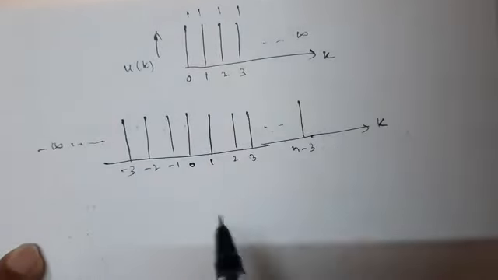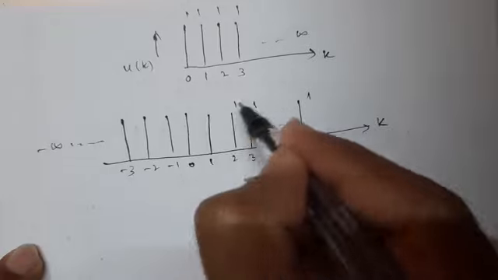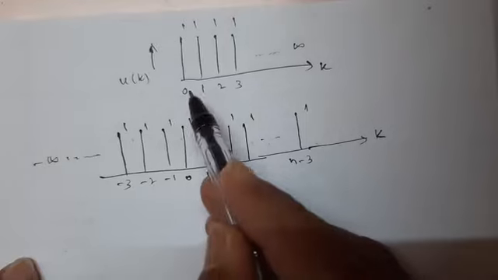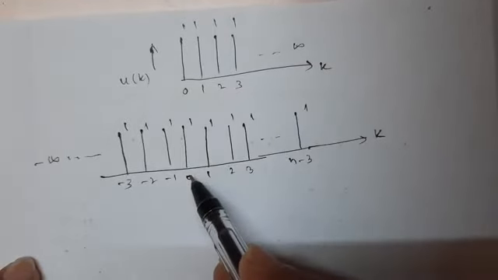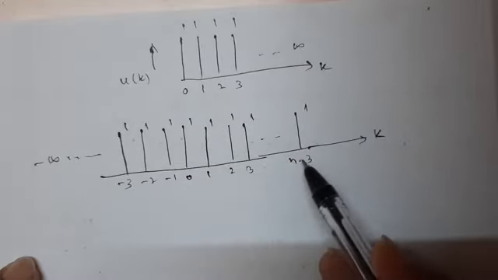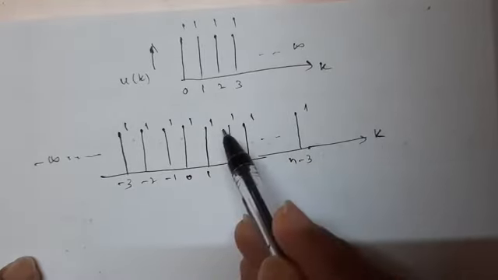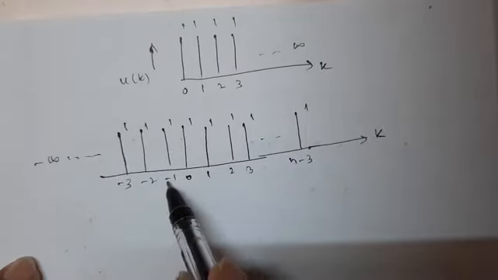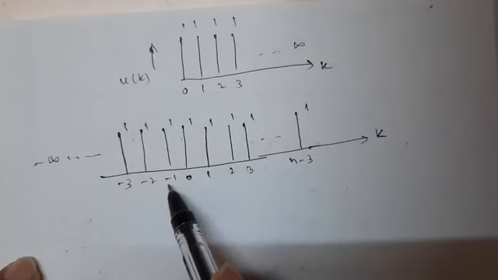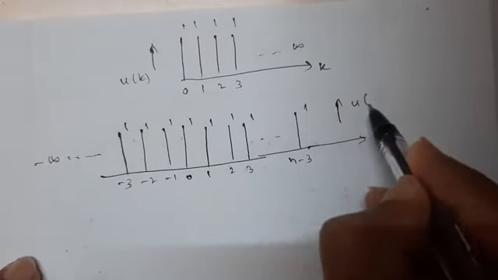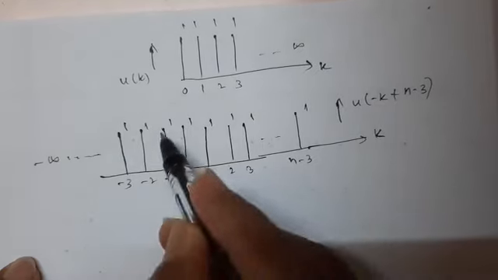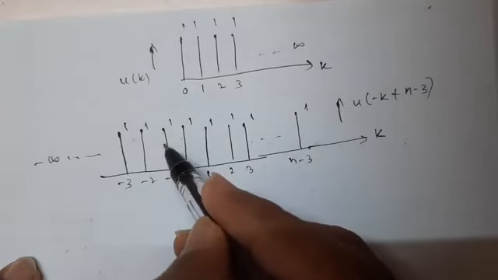Now if you try to multiply, whose amplitude is 1. Now if you try to multiply at 0, I have the sample 1 into 1. At 1 I have samples. Till where? Till n minus 3 I have the samples for this signal. Whereas towards left at minus 1 I don't have any values for u of k, but I have for u of minus k plus n minus 3 I have the samples. At minus 1 this is 1, but at minus 1 it is 0. Minus 1 into 0, 0.